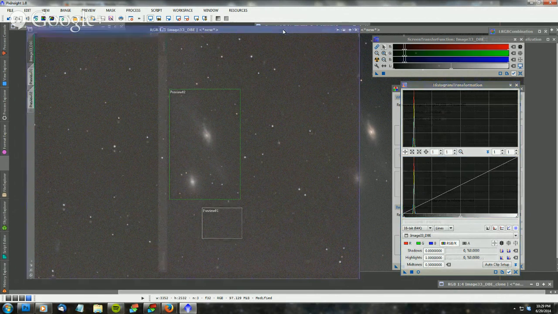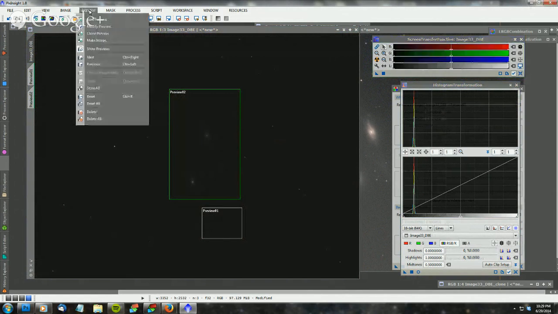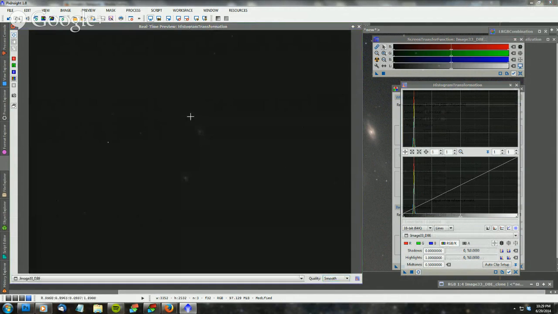At this point, you can close out screen transfer function. If those previews are getting in the way, you can hide them by clicking show previews, and you can bring up your histogram real-time preview